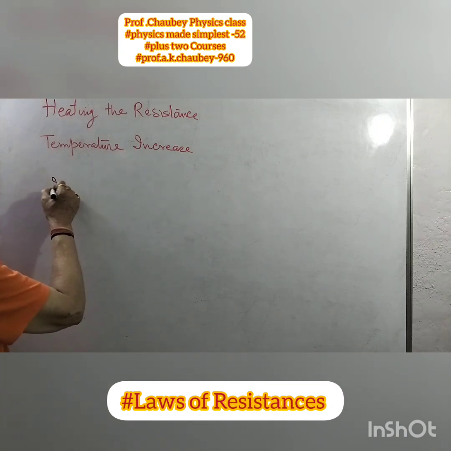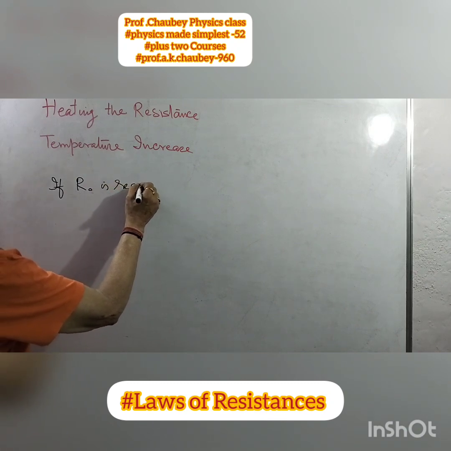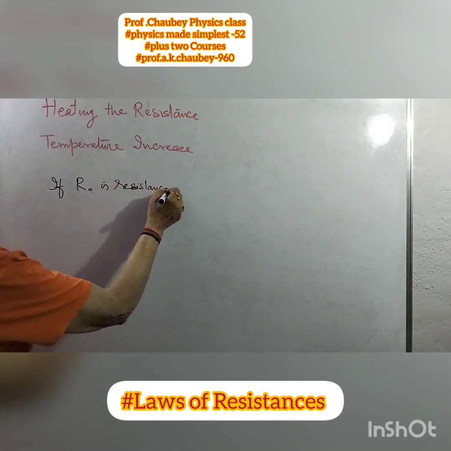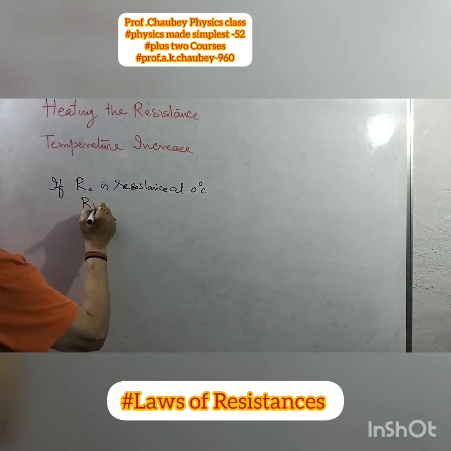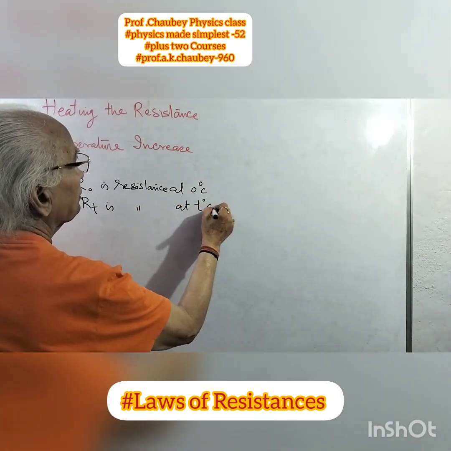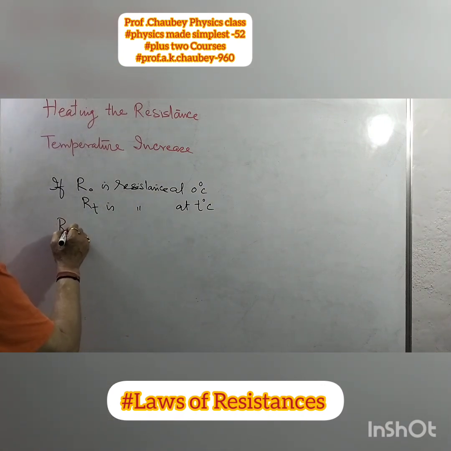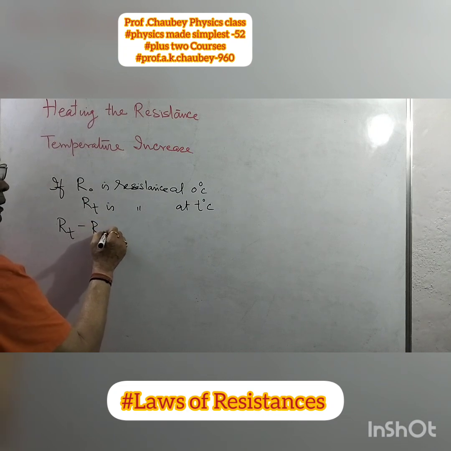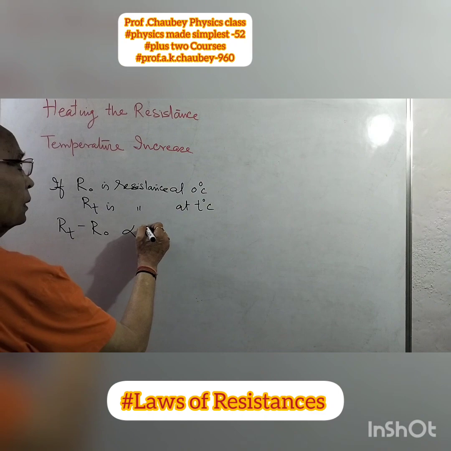if R0 is the resistance at 0 degree Celsius, and RT is the resistance at T degree Celsius, then we can write that the change in the resistance, RT minus R0, is proportional to the temperature, or it is proportional to R0,